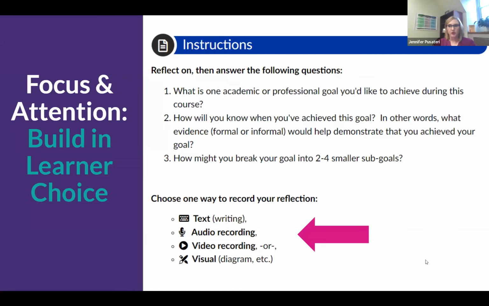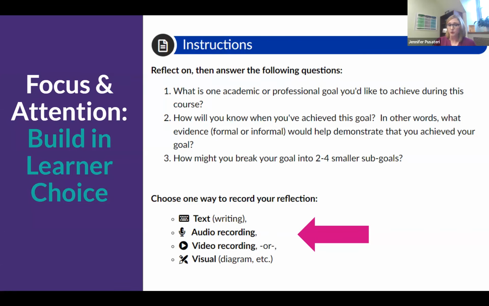This is one example, and I noticed one of our participants today is in my class, so they have seen this example. But one of the things I do in my class is if it's an activity where I can allow them to record their information or record something like a reflection in lots of different ways, why not? So usually I'll say, hey, you can do that by writing. You can just type it in if you want.